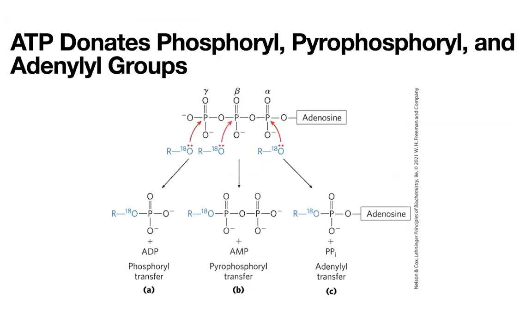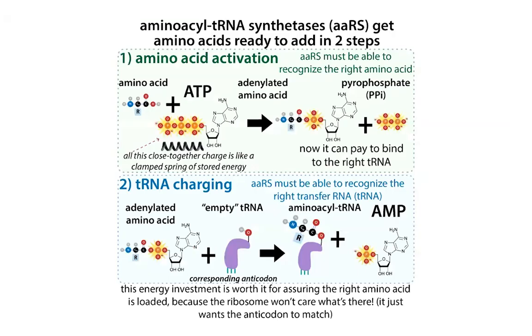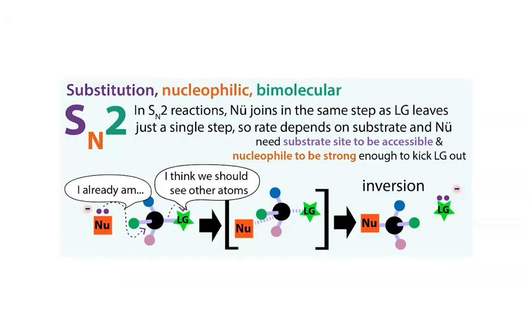Instead, we're transferring phosphate. So we can transfer from any of the 3 phosphate positions, and this is going to allow us to have a nice leaving group. So we're going to see it activate various parts of reactions, make great leaving groups for when we do our SN2 type reactions. And so we're going to see a lot of examples of this when we talk about different metabolic pathways. I don't want you to get tied up in trying to memorize all of these pathways or all these intermediates, but I do want you to take a look and see how the phosphate groups and how similar things are being used in order to